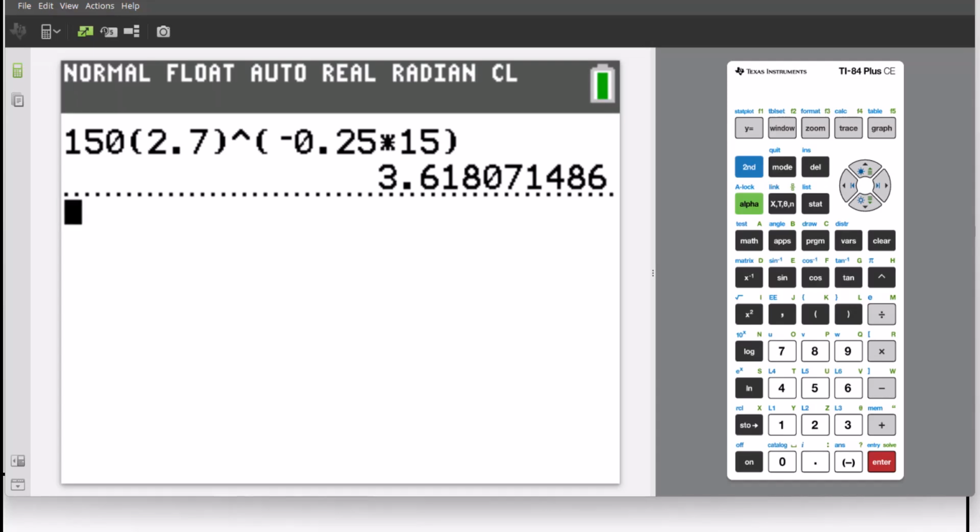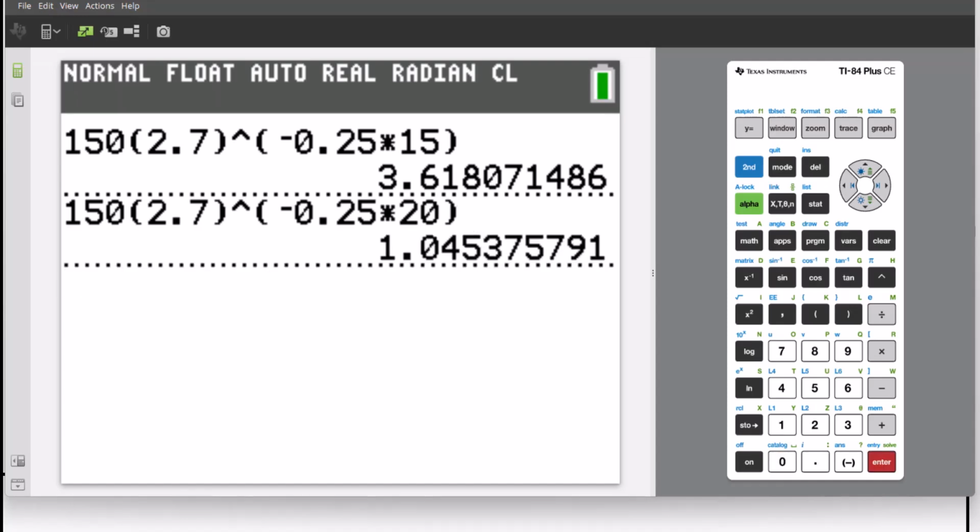So the second one is going to have the 15 changed to 20, so I'll click second enter to bring back the previous entry that I typed in. And go back, instead of 15, I'll just type in 20. So directly on top of it, I could just write 20. It's the same number of decimals, same number of digits, so